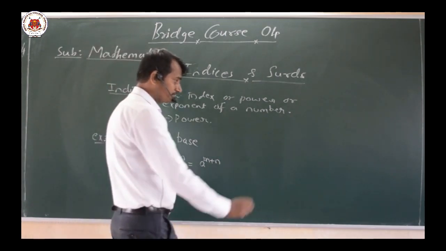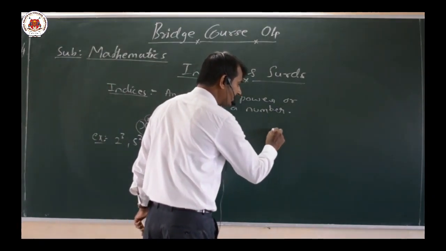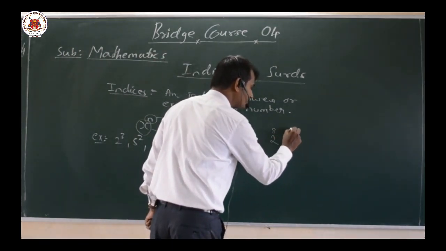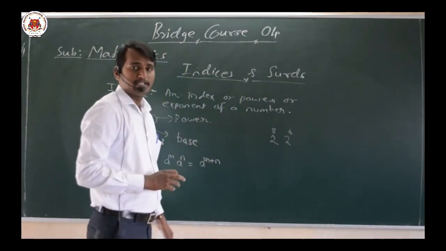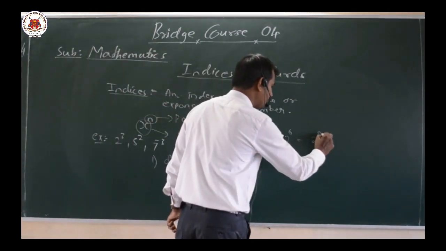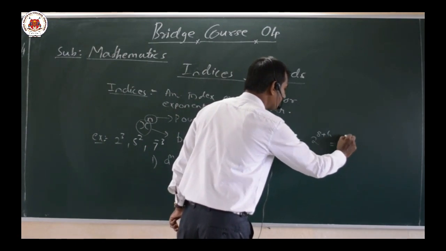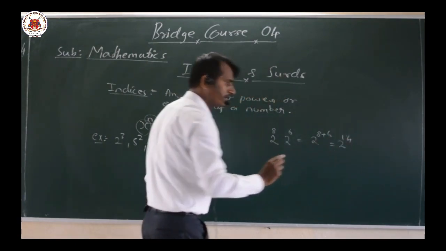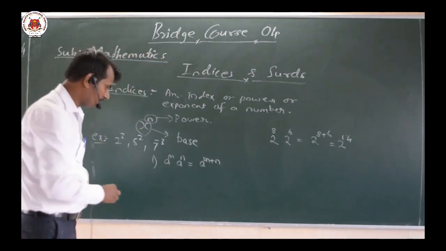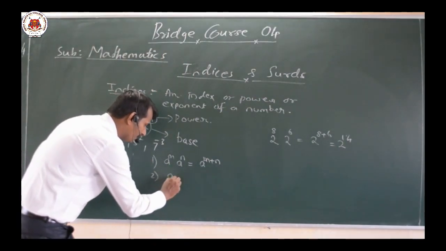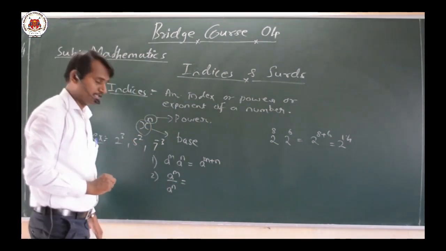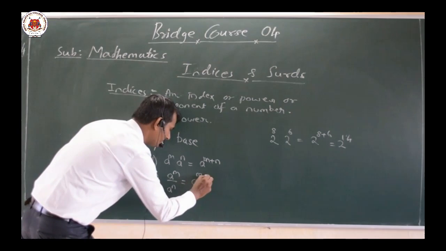For example, you have 2 raised to 8 and 2 raised to 6. Now we are required to multiply these two. Instead of multiplying, since the base are same, what I will do is 8 plus 6, that is nothing but 2 to the power of 14. Very simple example it is. That is the example of this particular property here. Then the second one, a raised to m divided by a raised to n. So what we get here, a raised to m minus n here.